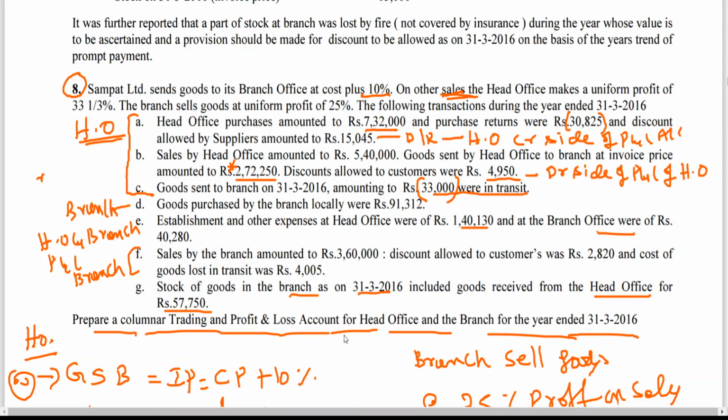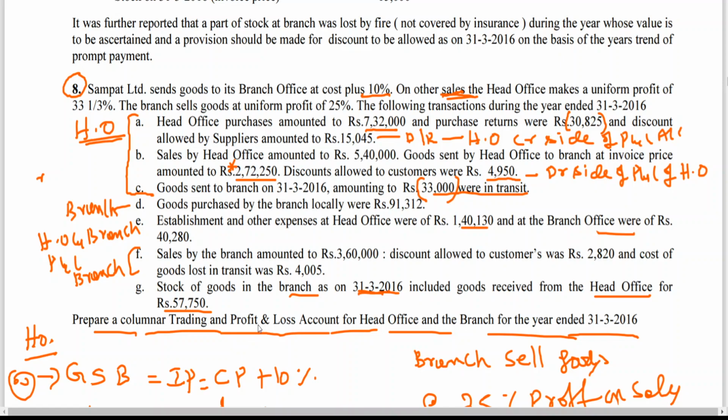Okay, so you know that the receiving department's stock consists of the goods that have been transferred by the transferor, the sender. So you know that is unrealized profit, because the 57,750 at the time of sale is assumed by the head office to have been sold, but it is called unrealized profit, and that is to be debited to general P&L account. If you don't maintain a general P&L account, that can be debited to head office P&L account also. This is a new point. Generally you can see closing stock reserve is debited to general P&L account. This is closing stock at 31st March. Stock reserve is generally debited to general P&L account, but it can also be debited to head office P&L account.